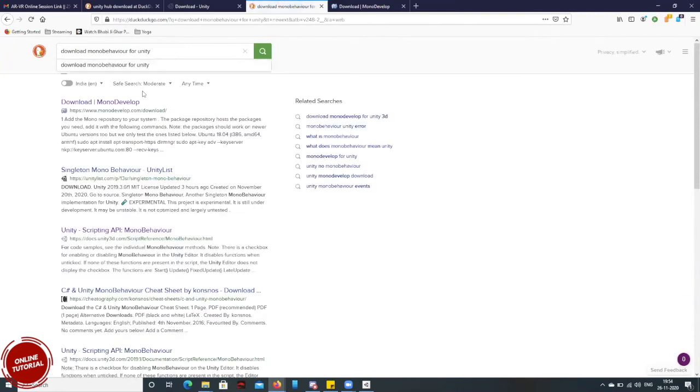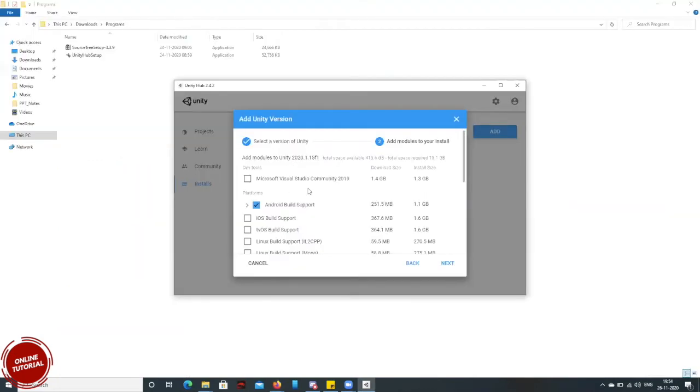These are all free software, sir. Yes, these are all free. Visual Studio is not free on its own, but if you install it with Unity, it gives you the Community edition, which is free. But you need to log in for that. Without login it won't run. For the first two to three initial runs it works, but at the fourth run you need to log in. You need to create a Microsoft account and log in with that.